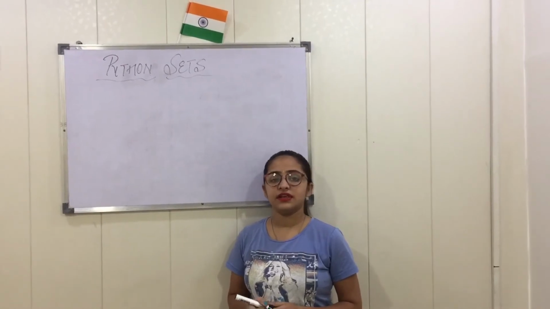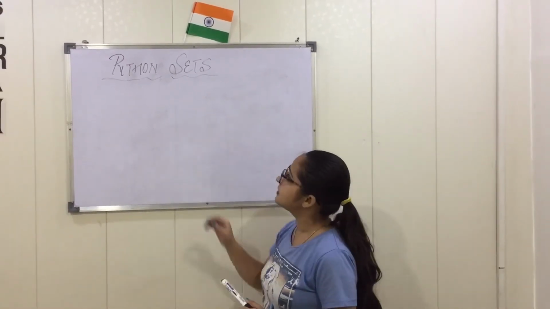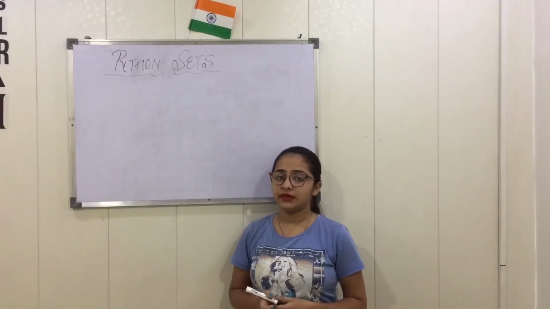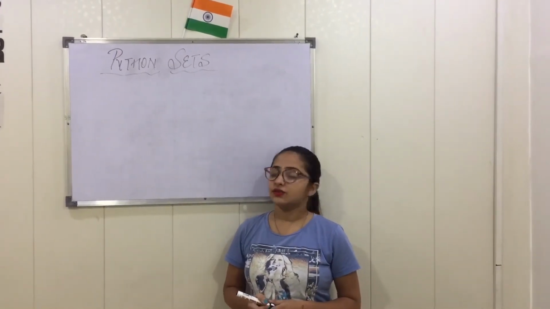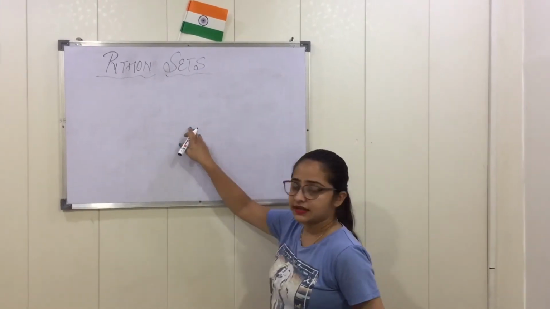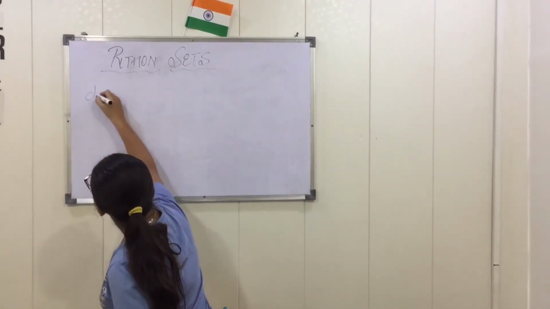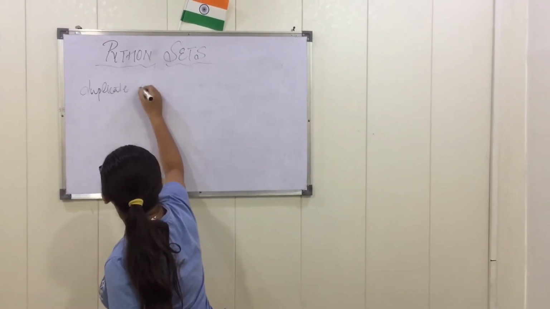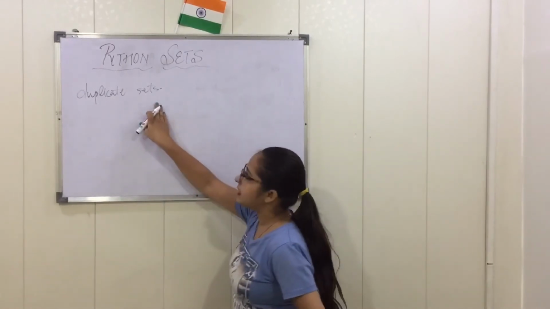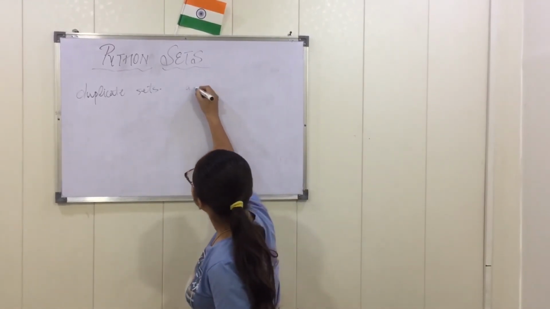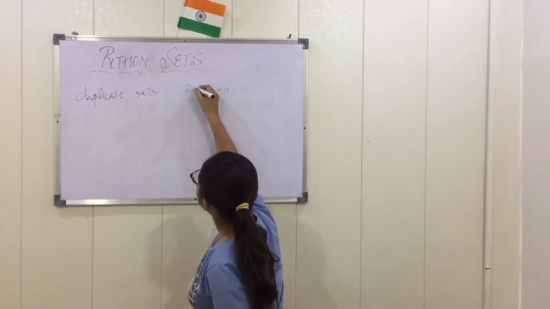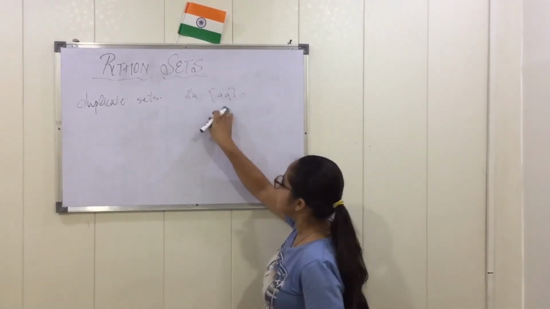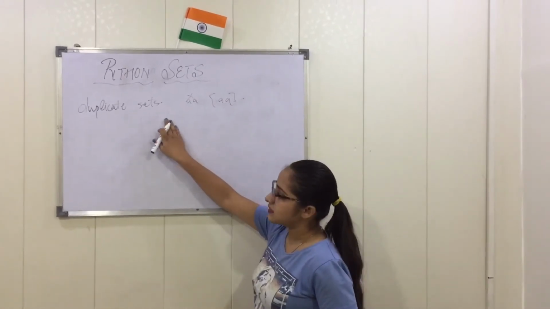So today we are going to discuss the topic Python sets. Python sets are used to store multiple values in a single variable. We can use multiple types of sets, such as duplicate sets. Duplicate values are not allowed. If I write the value A and again A, it will not be printed twice. Only a single A value will be printed. So this is the duplicate set.